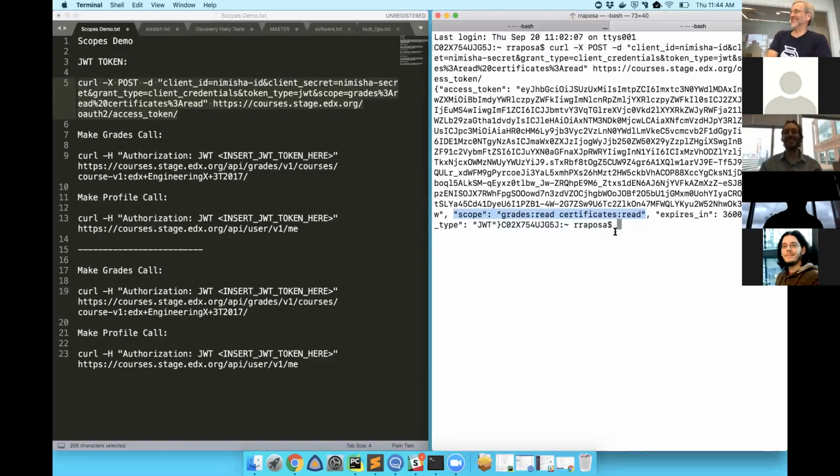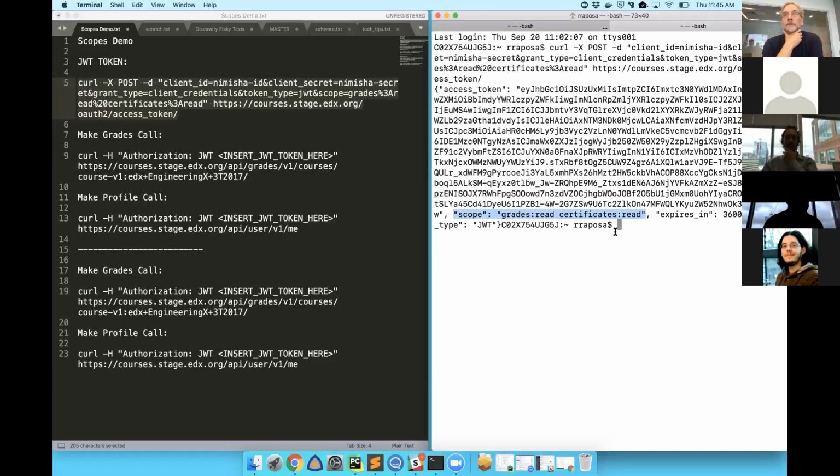Sure. So the JWT token is an access token. The whole point of this is to add permissioning on top of some of our endpoints, our REST API.